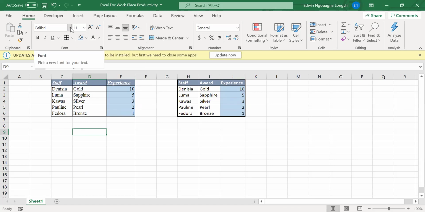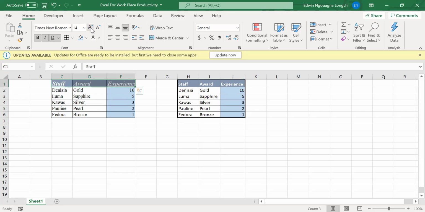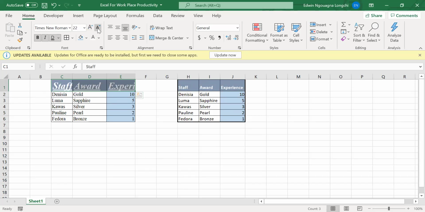So that's fonts there. This one here is the font, and this one here is the font size, right? So which means we can change this font size. We can increase it to maybe 13 if you like. It makes it bigger. And if you don't want to type 13, you can simply use this big A you see here. I tap on it, it increases, or I can reduce it.